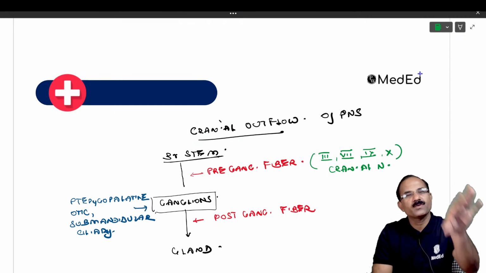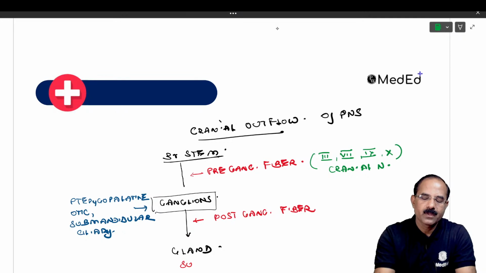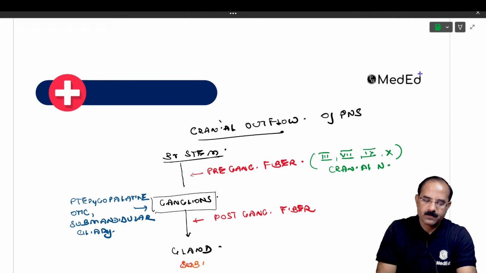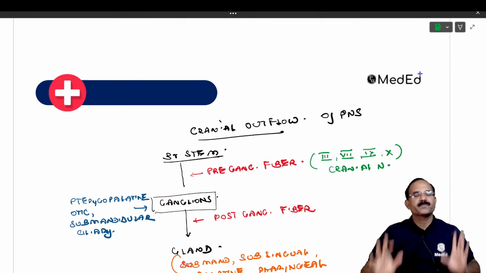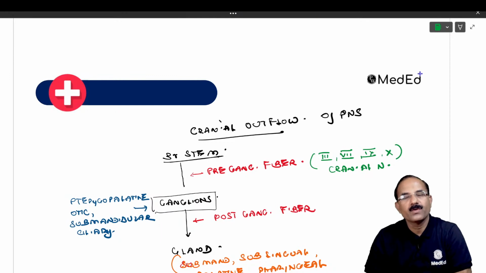This is a general statement, children. Now, which are the glands that we are talking about? We are talking about the submandibular glands. Which ones are they? Submandibular, sublingual. Very good. Submandibular, sublingual, nasal glands, palatine glands, pharyngeal glands, and parotid gland. This is a general statement. So now I'll tell you the details of this. We'll go into the details of this.